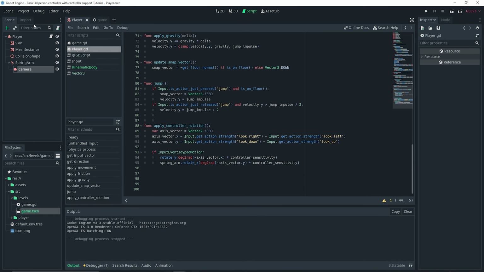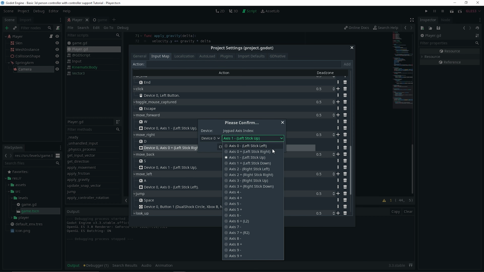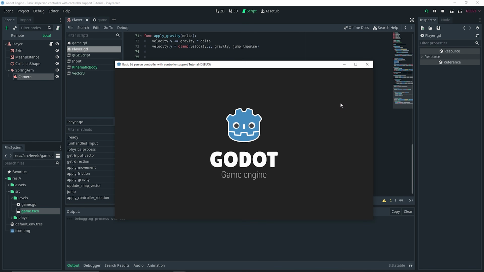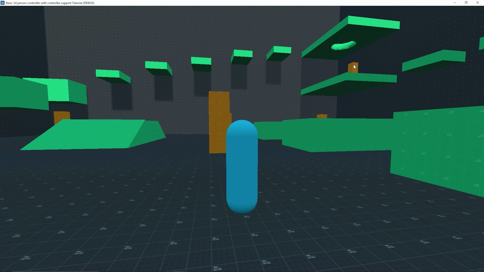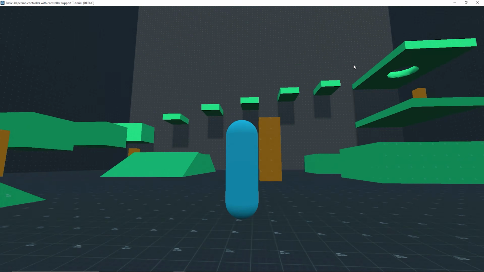And everything looks fine. So I think it's in my input map. So let me make sure that I set my input map correctly. And just as I thought, I actually set up my move back action for the joystick wrong. So it should actually be left stick down for move back. Now, if I actually test it out, it should work as intended, and it actually does seem to be perfectly